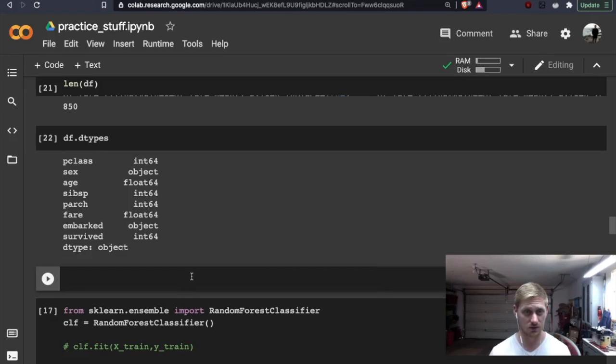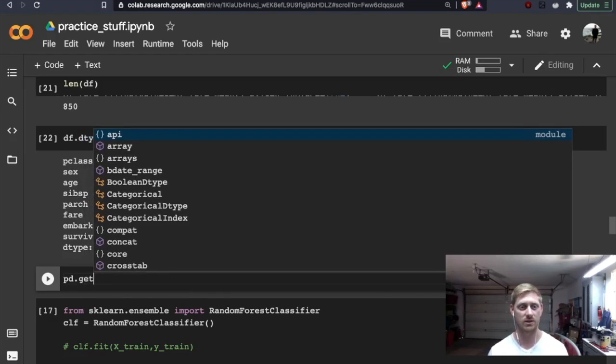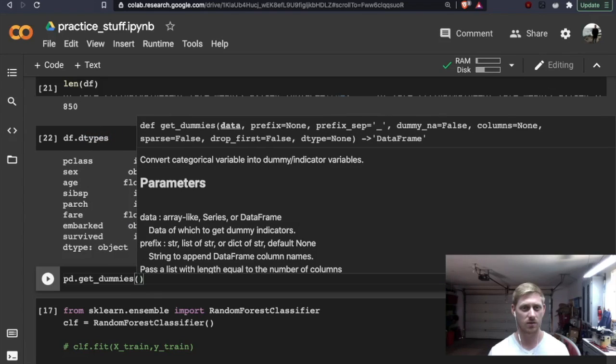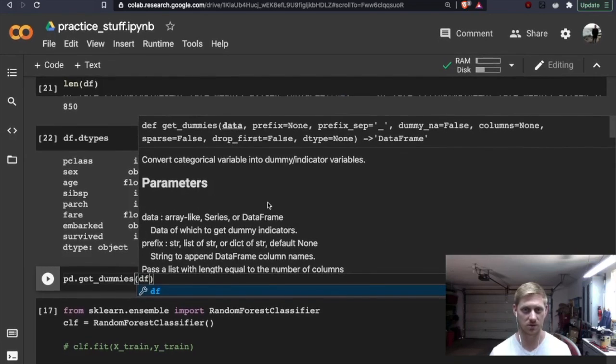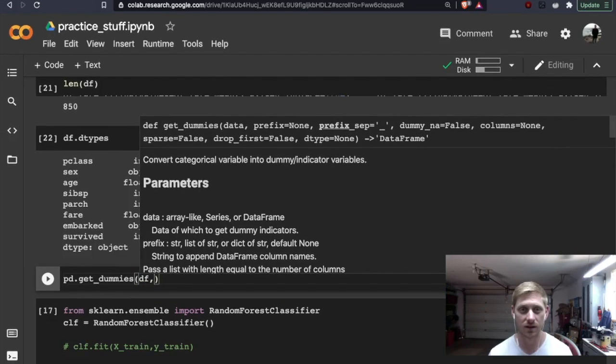So let's go ahead and fill those. In order to fill those, let's do pd.get_dummies. From there, what would the data be? Let me think. So we have our data, the data frame. Let's just do the data frame then.